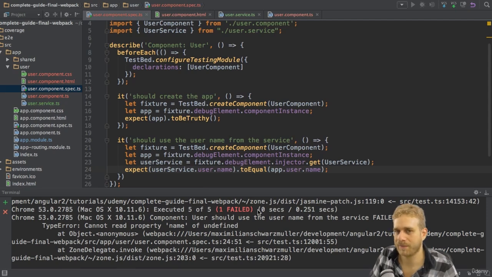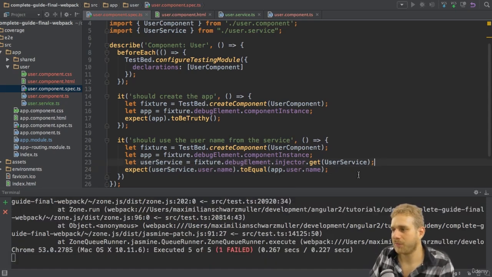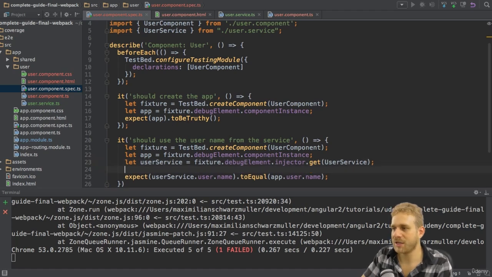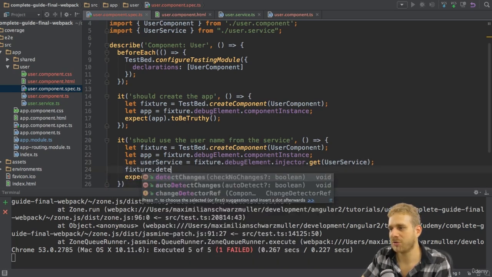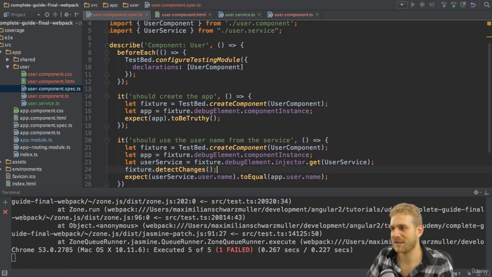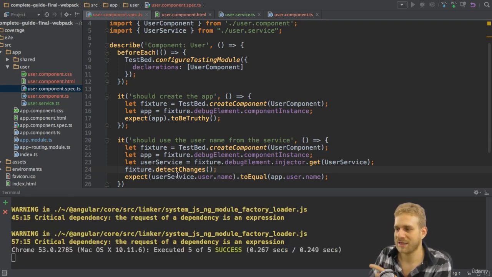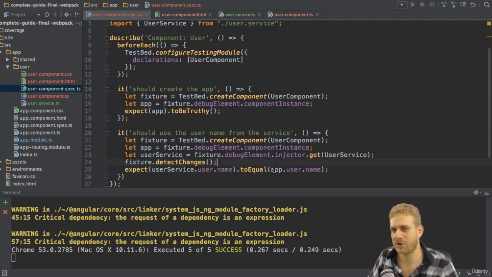What went wrong here? Well, the following went wrong. We're getting this property from the service because we inject it. We do this in ngOnInit, but we're missing one thing which happens automatically in an app running in the browser, but not here. We need to run change detection to update our properties and so on. After running this, after injecting the service, now we see we get a successful test because now we're trying to access our username property on the component